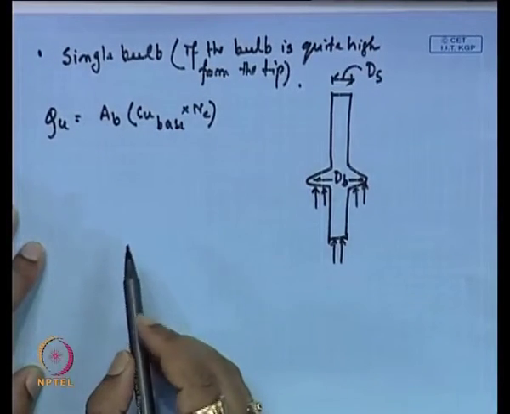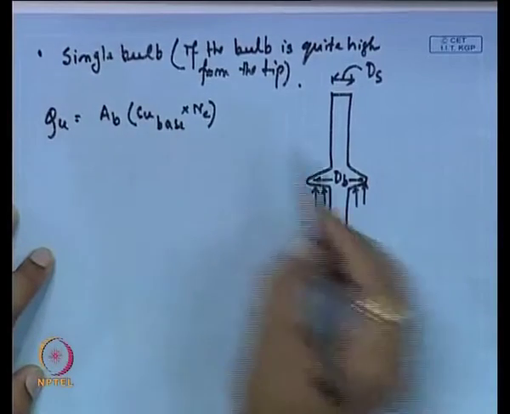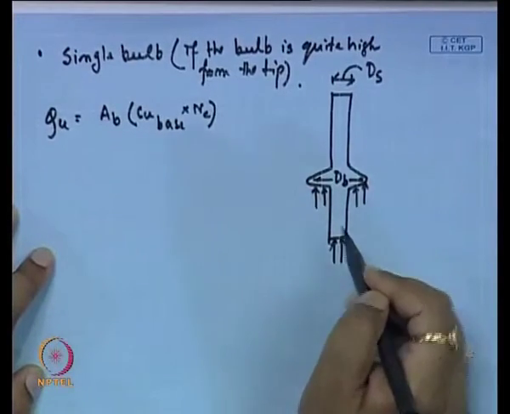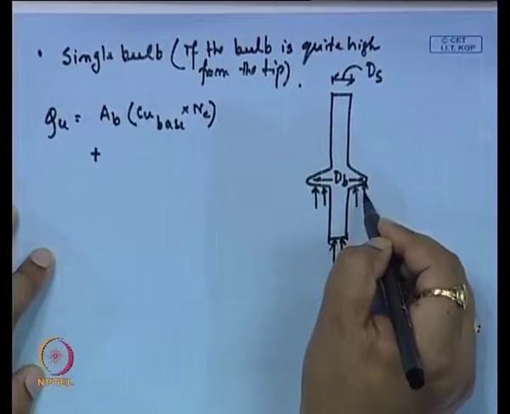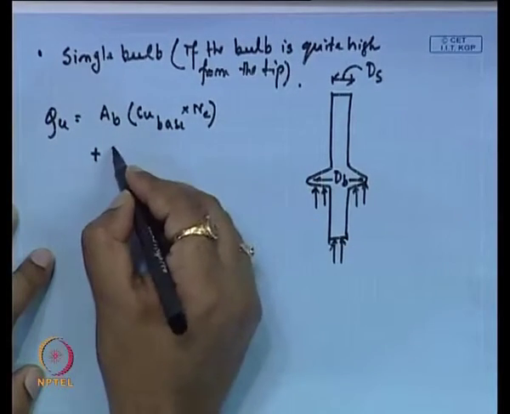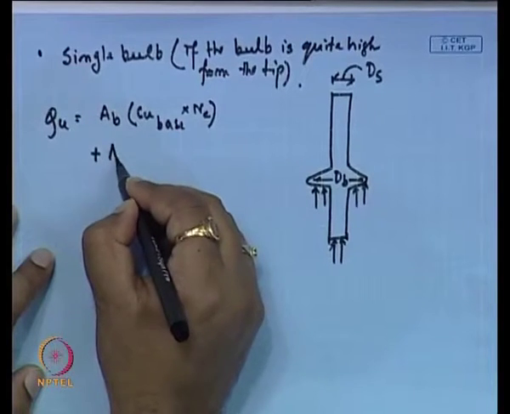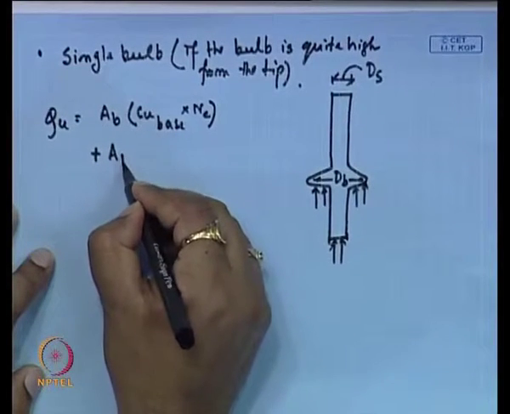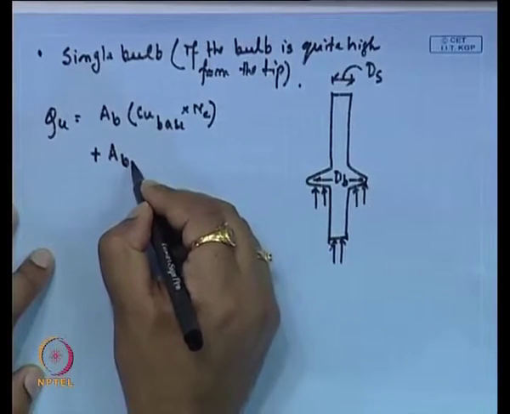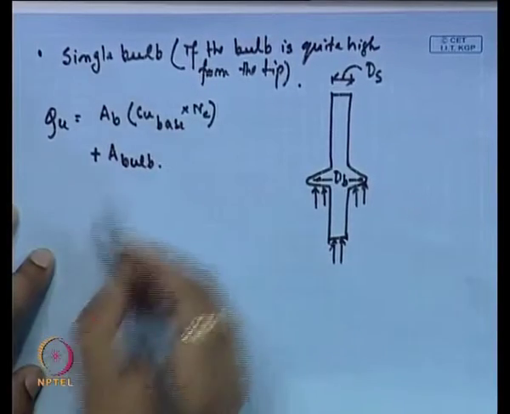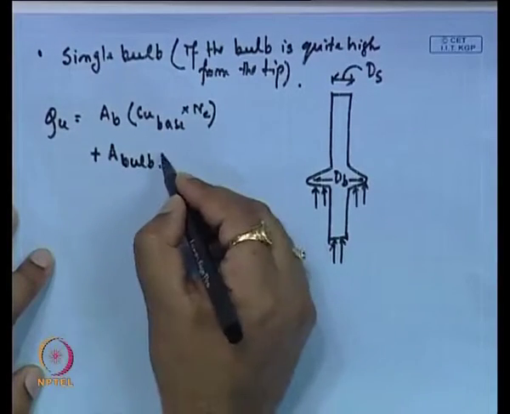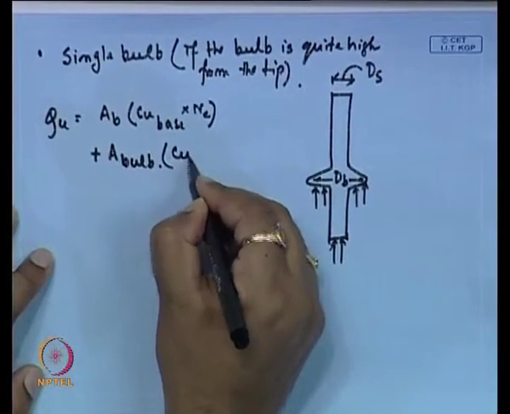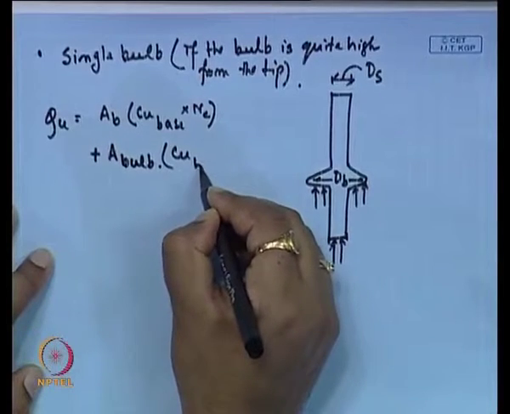This is the tip resistance we are getting from the base, plus we are getting another tip resistance from this enlarged portion. So, that is the bulb level. This is the base level, this is the bulb level, again Cu at the bulb level